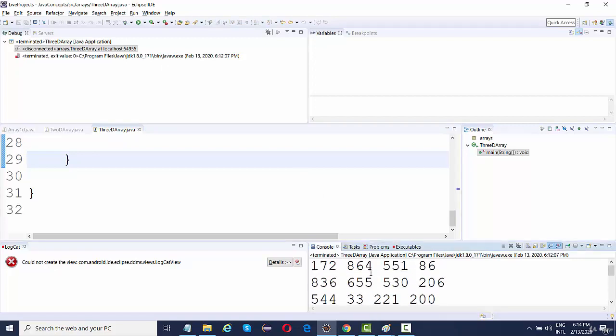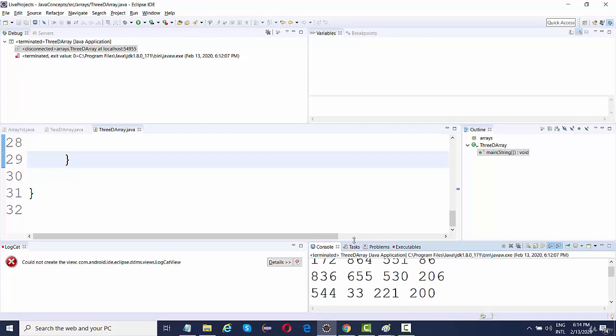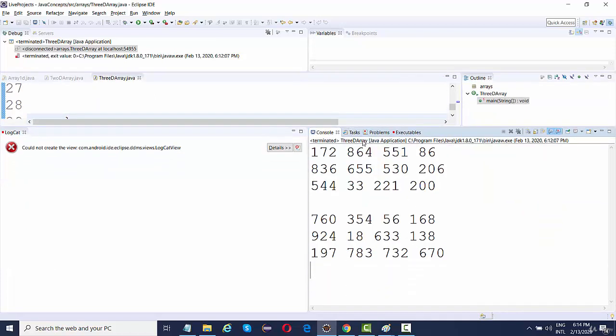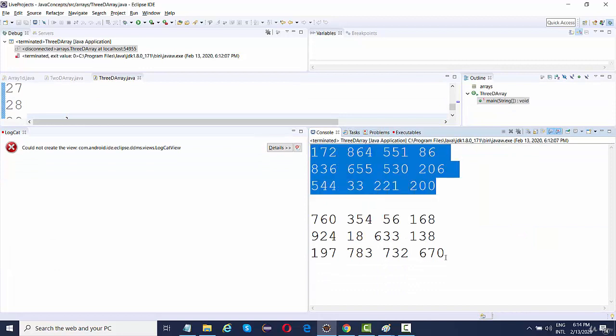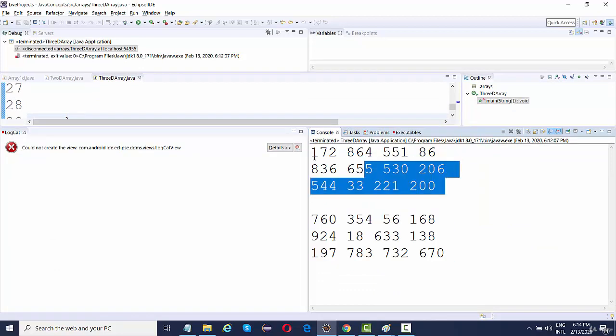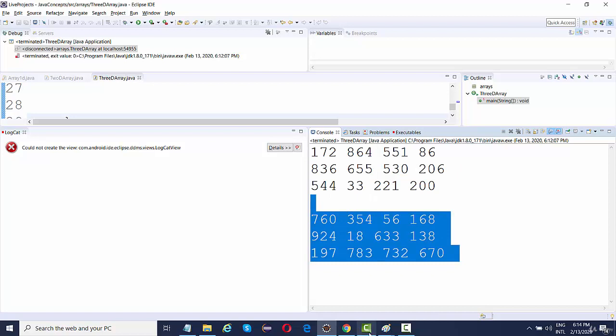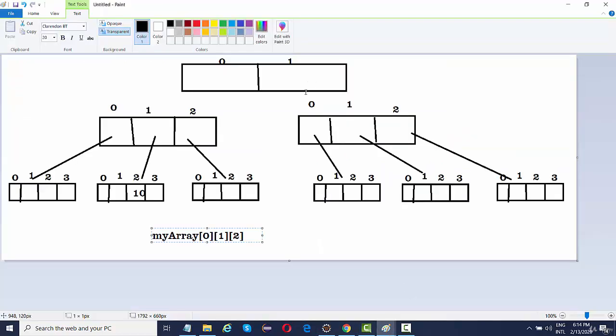So this is how the main element has got 2 indexes, your main array, 0 and 1, right? So this is how the overall 3D three-dimensional array actually works,